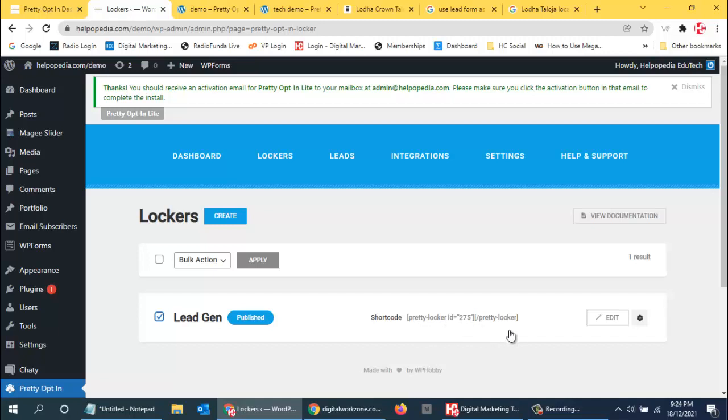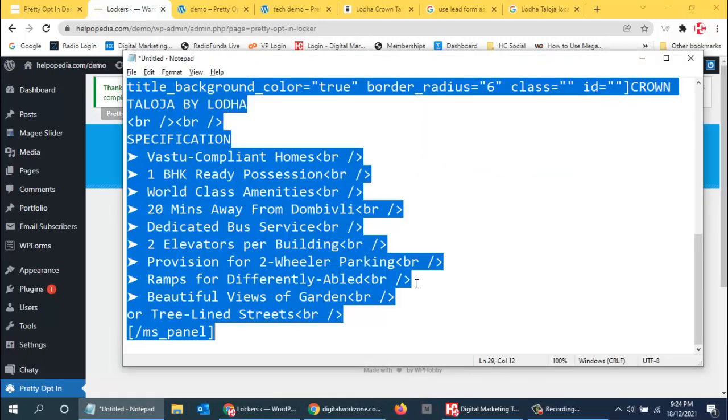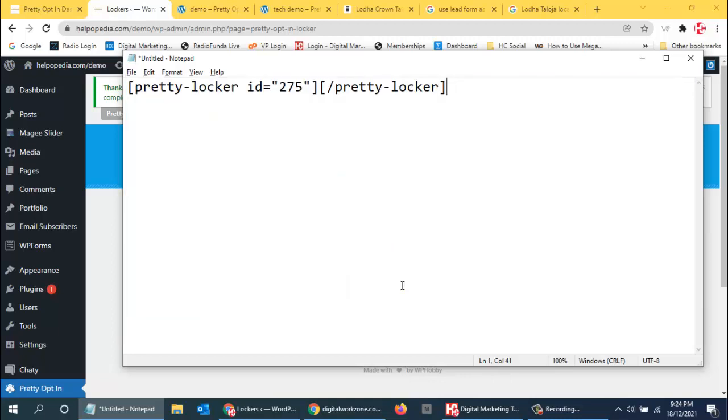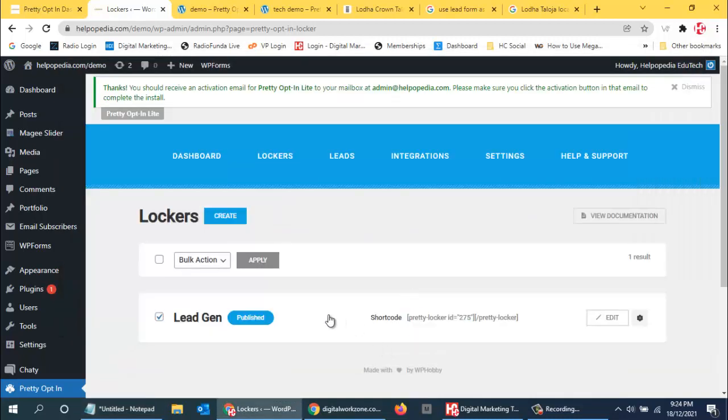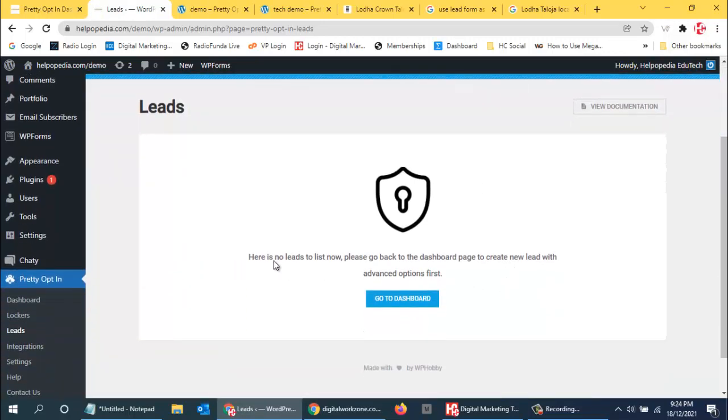Okay, so this is the locker code. Okay, then leads. Mm, here is no lead to list now. Please go back to dashboard page to create a new lead with advanced option first.